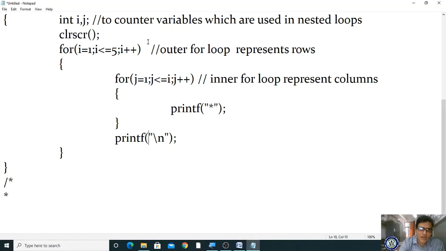Okay, now the i value is incrementing by 1. So what is the i value already? It is 1. 1 plus 1 is 2. Now the new value 2 is assigned here. 2 less than or equal to 5, the condition is true, right? If the condition is true, it enters here and comes to the inner for